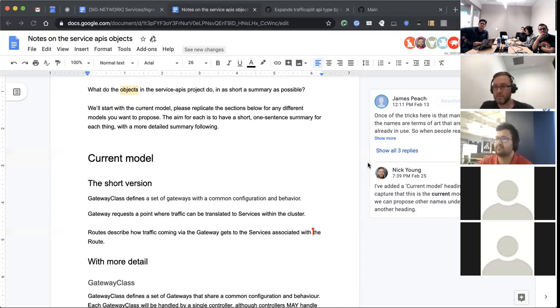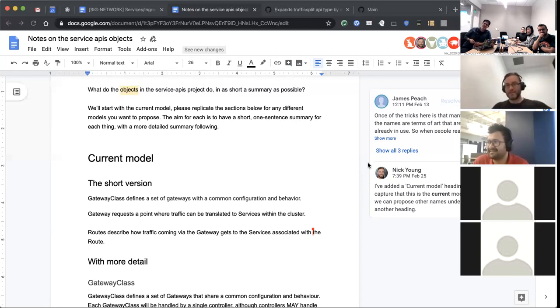Sorry, James. But we have HTTP route. A route is not telling you how to get to the services, because the services are the backend, right? So an HTTP route, and that will eventually, sorry, Nick, go ahead. No, you. The forward to hop is what describes getting from the route to the service. Sorry, I'm trying to keep it within a sentence, so I can't be too complicated. But I think in this case, if you have a set of HTTP routes that gradually